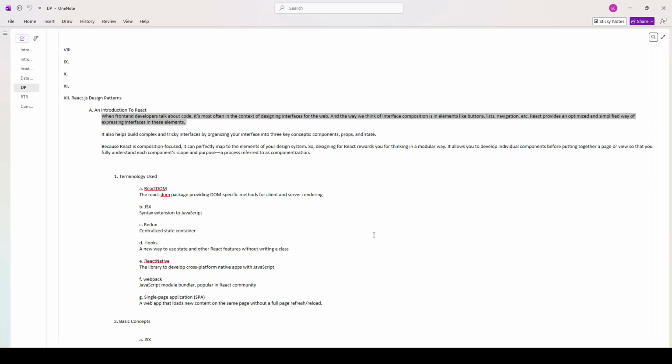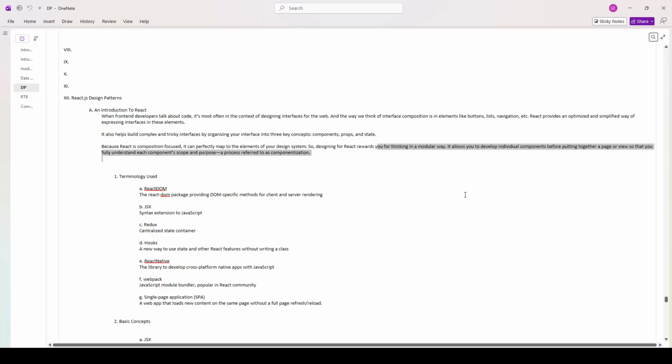Because React is composition focused, it can perfectly map to the elements of your design system. Because it is not inheritance, it's composition over inheritance, it can map to the elements of what we use daily in the browser, such as navigation, buttons. So designing for React rewards you for thinking in a modular way. It allows you to develop individual components before putting together a page or view so that you fully understand each